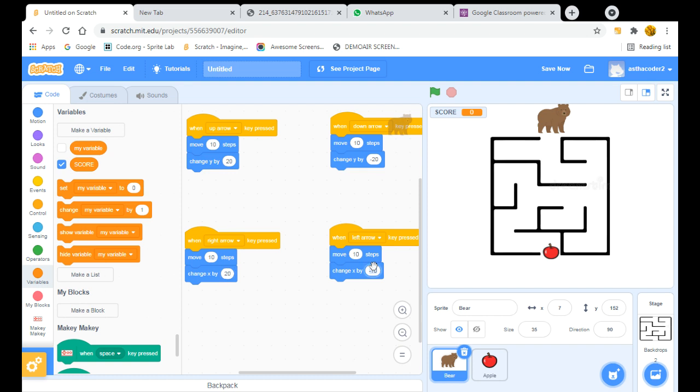And this one again as minus 20. So now let's check is it working or not. For that we will make it as 5. This one also as 5. This one also as 5. This one also as 5. Now let's check it out.